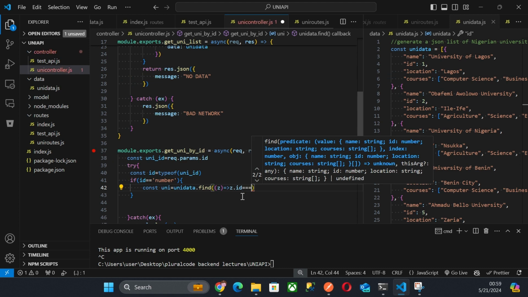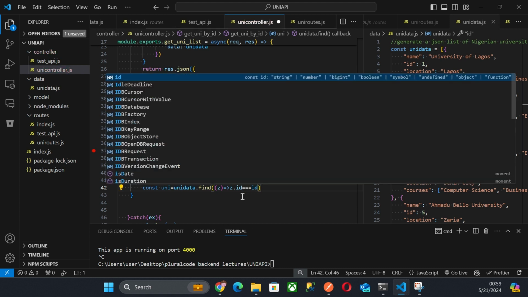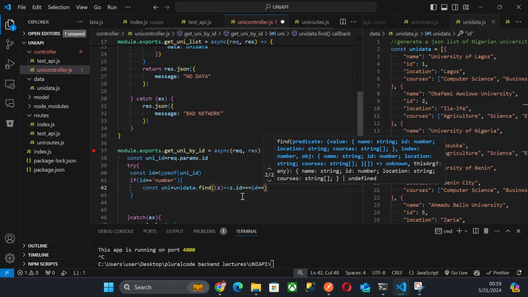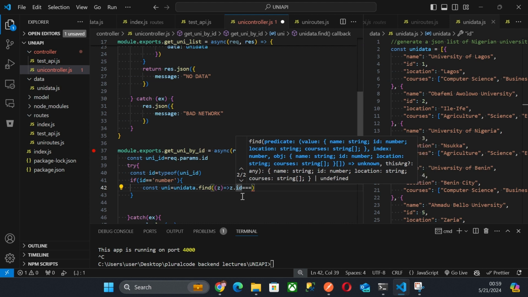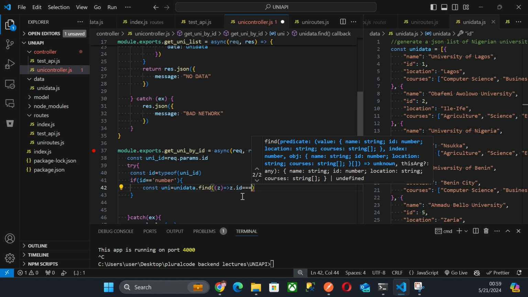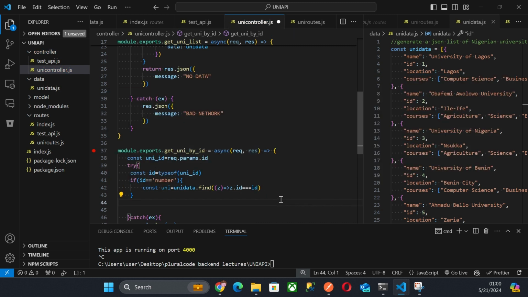where id equals, oh no, sorry. Okay, wait, let me go back. So z goes to id, where z to id equals my id that is coming. This should work. Okay, so what I'm saying is that the moment I said unit data dot find, and I'm